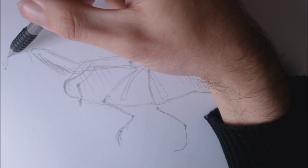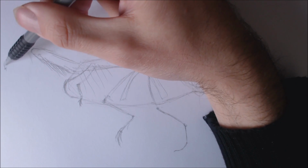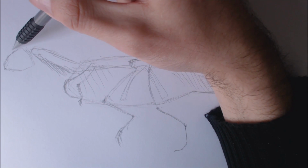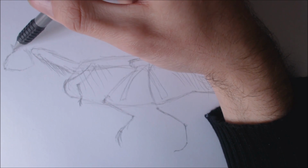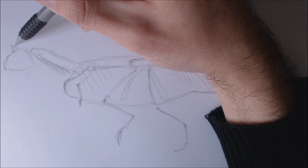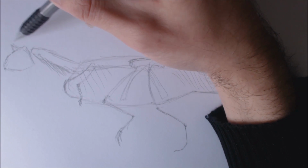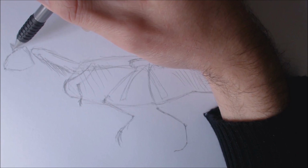There we go. Its head is very squished. And also it has a bit of a triangular circular shape to the skull. Also, the very defining triangular spike at the end of its skull. And some people have theorized that Indominus Rex has Carnotaurus DNA because it has a very similar spike on